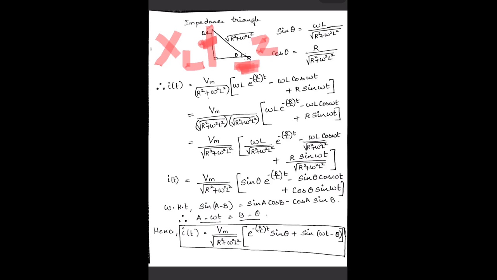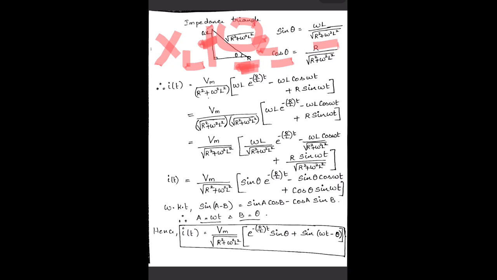So therefore hypotenuse is equal to root of R squared plus XL squared. XL is nothing but omega L, so XL squared is omega squared L squared. So you will be having this relation. Now from this relation, let us assume theta to be over here, making an angle between here. So therefore you can write sin theta to be equal to omega L divided by root of r squared plus omega squared L squared, and cos theta can be written as r divided by root of r squared plus omega squared L squared, depending upon the impedance triangle.